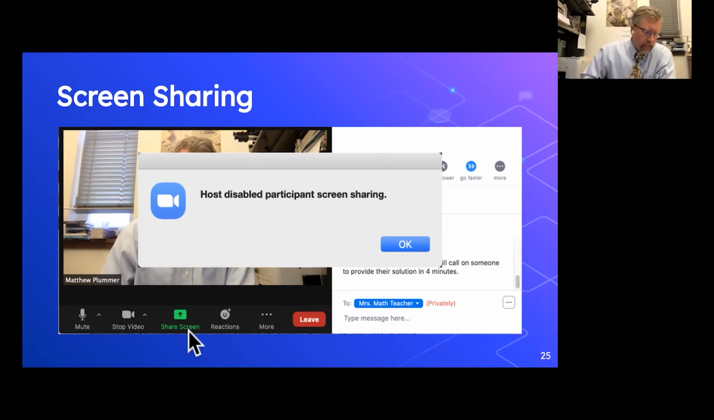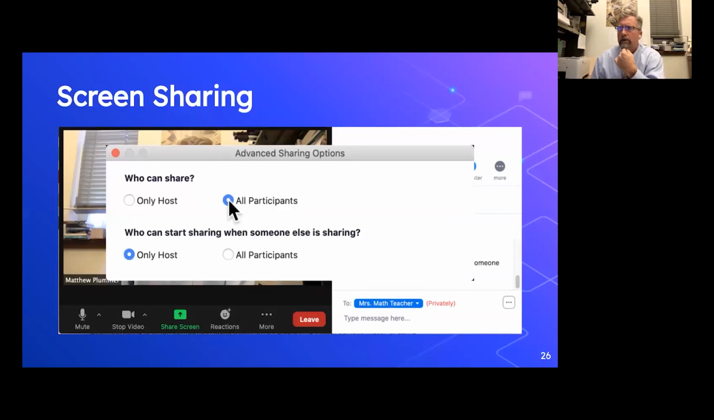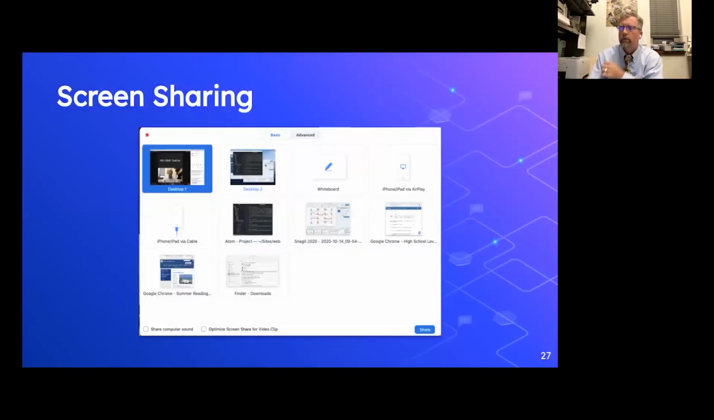Maybe it's an art class and they're doing a little critique in AP Art. The students are going to share their digital work by clicking share screen. What the teacher needs to do is click on the settings in her or his account and change this from only host to all participants. Once the teacher has done that, the students can actually share their work. And when they click share, they'll get a pop-up window like this. It can be confusing at first